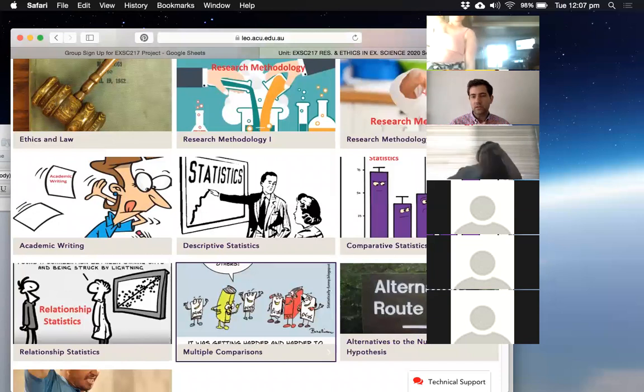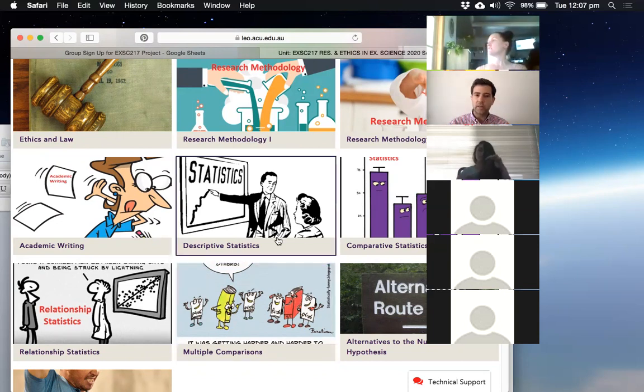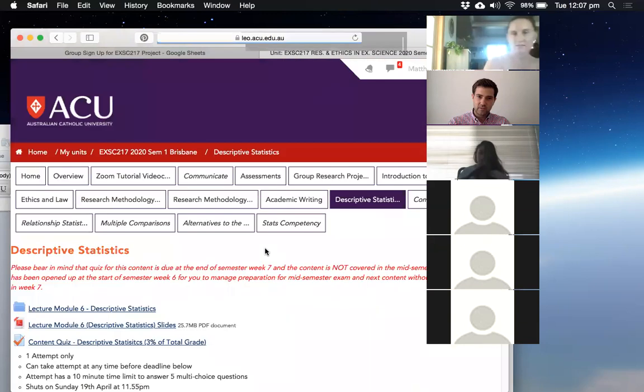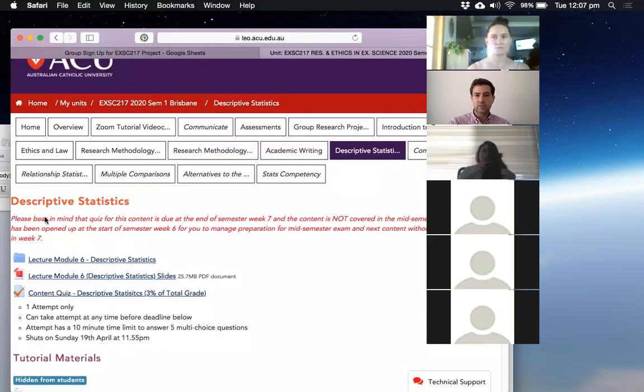Because of this online format, that starts to get a little complex, because next week you'll have the mid-semester exam, and if you also had a content module that week, they may clash or cause some difficulty later in the week. So what we're doing is opening up the descriptive stats module. That opened up as of yesterday. If I click in there, I'm not logged in, there we go, you'll see a description saying it is open from yesterday up until the end of next week, so week 7.